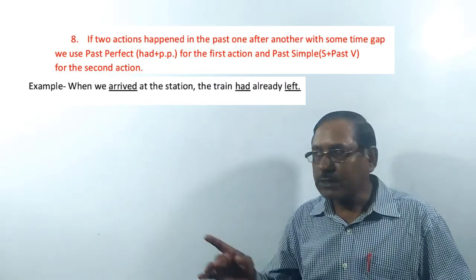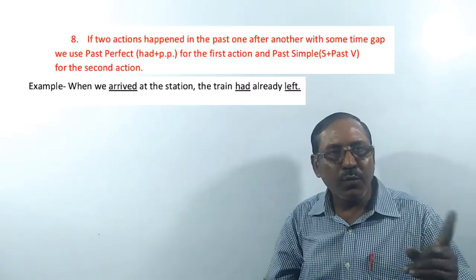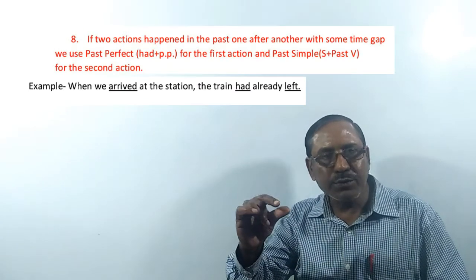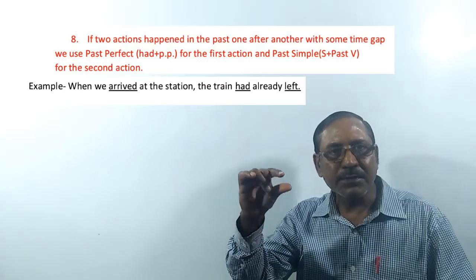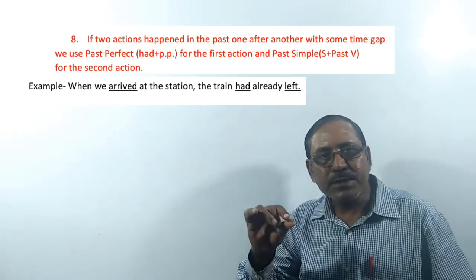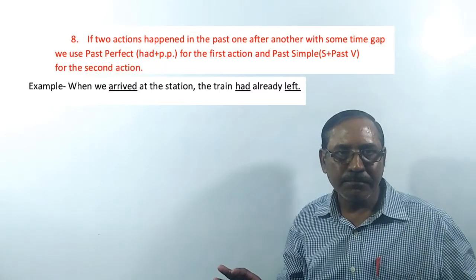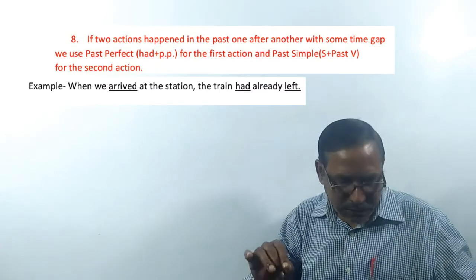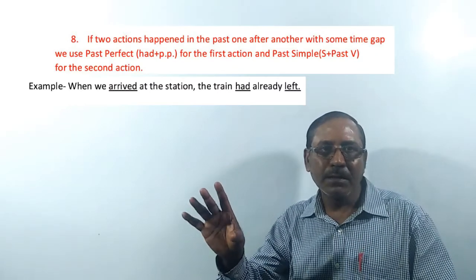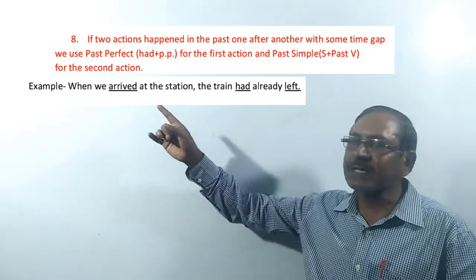Clear? So this point is, if two actions happen in the past, one after another with some time gap, we use past perfect, that means had plus past participle for the first action and past simple, the subject plus past verb for the second action. Clear? So this is all about the use of past simple, and with it I also discussed the use of past perfect,